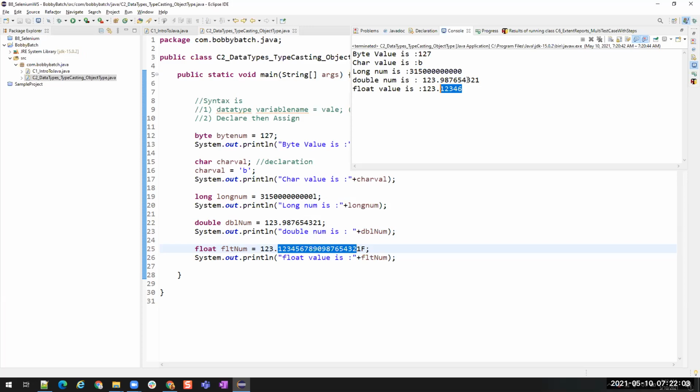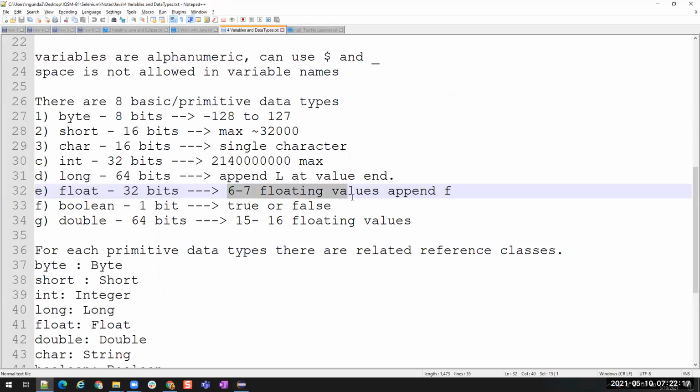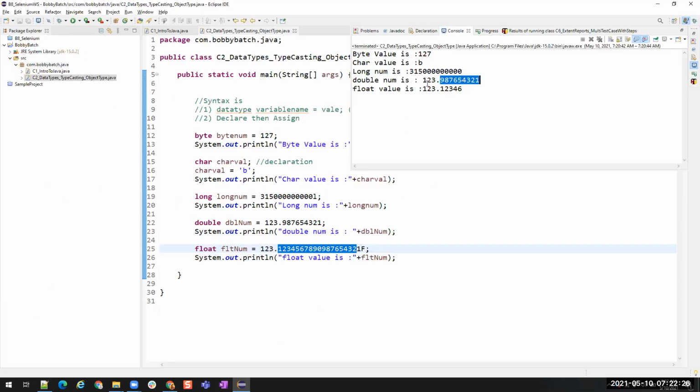Double can store up to 15 to 16 digits, before and after the decimal, whereas float can store up to 6 to 7 digits. That is what we wrote here. So that is why for double I gave 9 plus 3, 12, so it is able to show us the 12 digits in the double value. Whereas float can display only up to 6 to 7. So that is why you see this 5 plus 3, 8. It is truncating to this level.